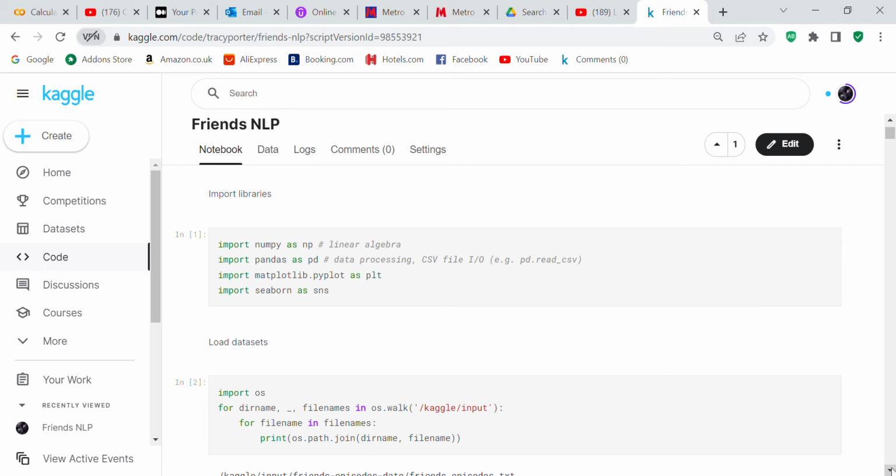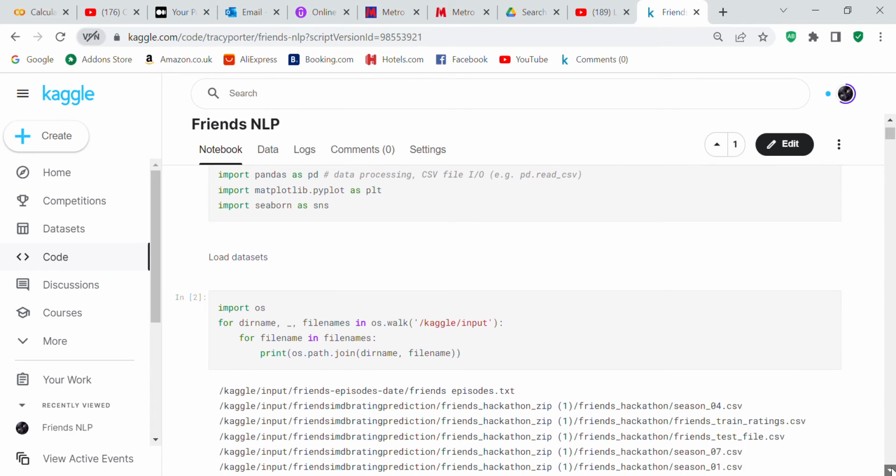So what I did was I imported NumPy, which enables you to do mathematical calculations, and it also creates NumPy arrays. I imported Pandas, which creates and maintains data frames. I imported Matplotlib, which is a graphics library, and it enables you to plot data points onto a graph. And I imported Seaborn, which is a higher level graphics library that performs statistical graphs, but you can also plot the data points onto a graph as well.